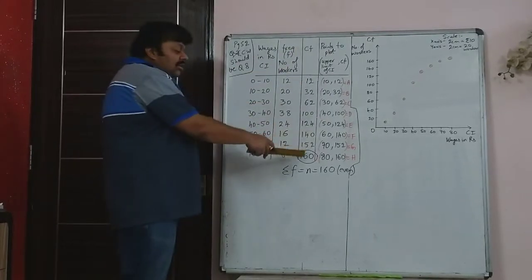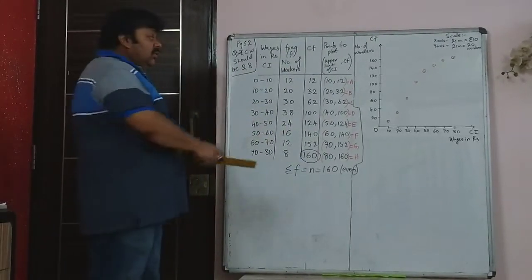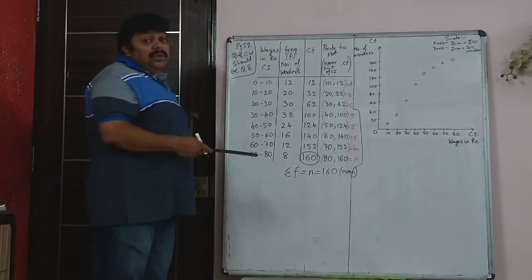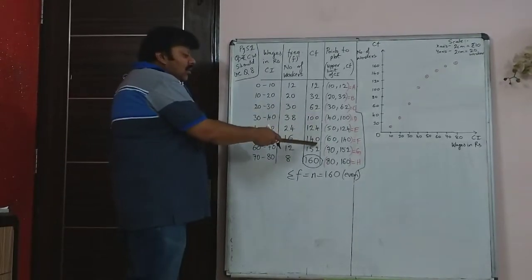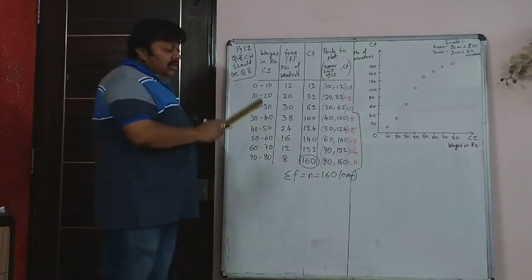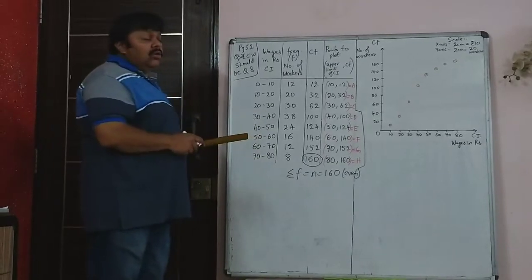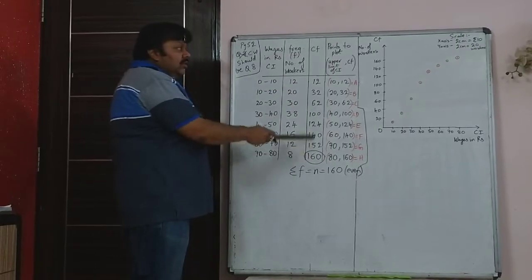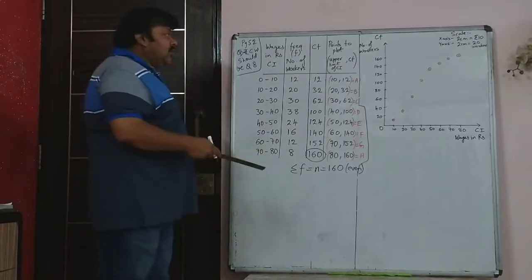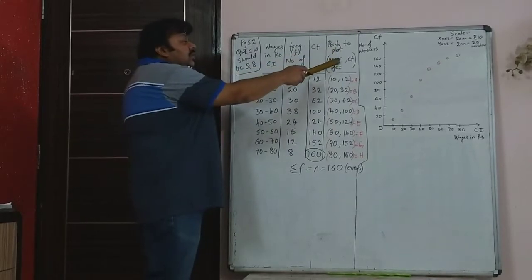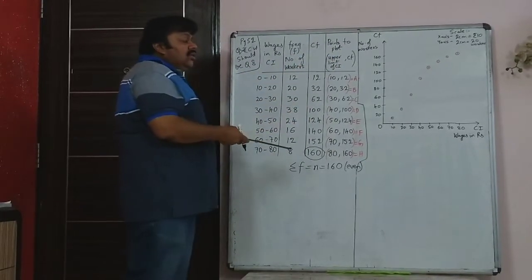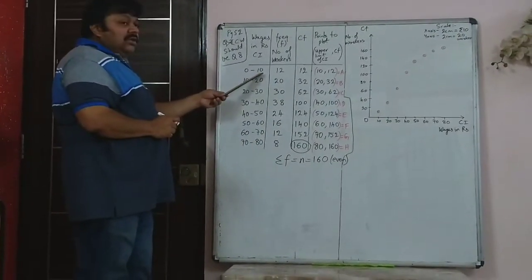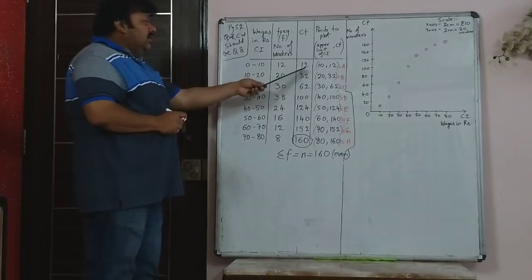So this column has to be very carefully done. One mistake anywhere here in addition, some students do make it by mistake. So one mistake here, your entire graph goes wrong and all the answers below will go wrong. So you have to be very careful when you make the cumulative frequency table. And after that, like I told you before, the points to plot will be the upper limit of the class interval with the cumulative frequency. So for this class, the upper limit is 10. Cumulative frequency is 12.